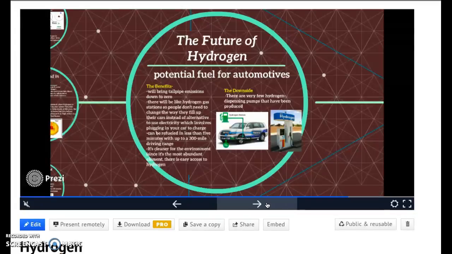The car can be refueled in less than 5 minutes with up to 300-mile driving range, so it's extremely efficient. It's cleaner for the environment since hydrogen is the most abundant element. There's easy access to it. The only downside is that there are very few hydrogen dispensing pumps that have been produced. Here's a picture of a hydrogen pump,